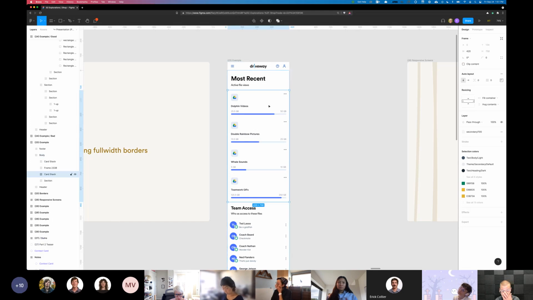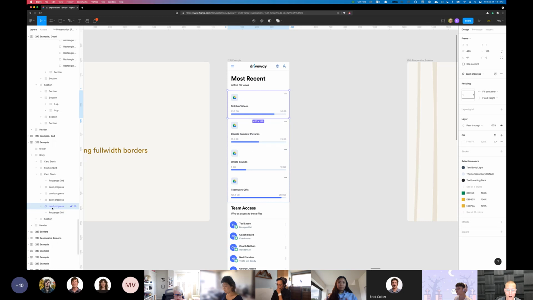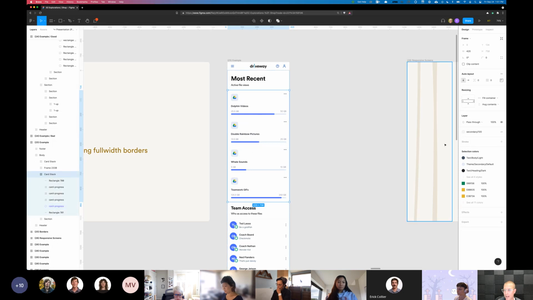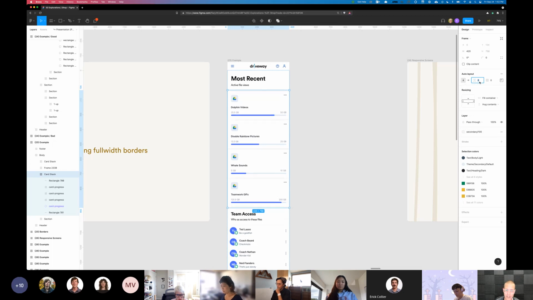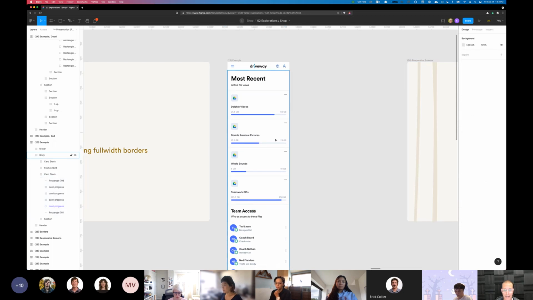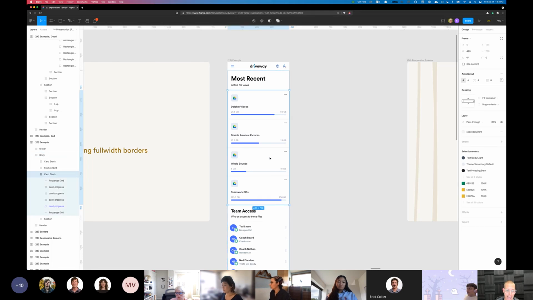So I'm going to click in here and we have a card stack. Looks like there are 1, 2, 3, 4 cards in here. And the background color is set to secondary 100. So you can't see the background right now because it's being hidden by these cards. But if I were to adjust the space between value here to say 4 pixels, you'll see that I now get the visual effect of having horizontal rules or dividers between content for free. And as I add cards,